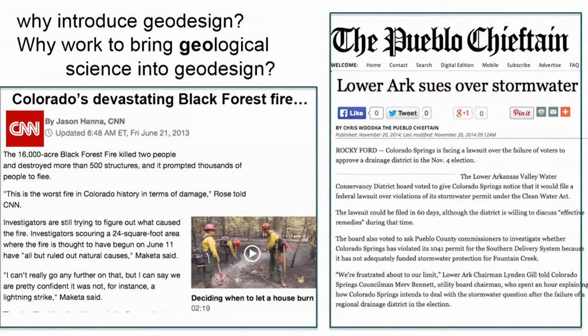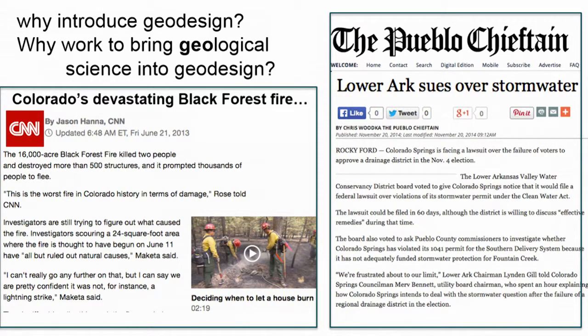And in Colorado Springs and the Colorado Front Range, they've come to something of a crisis point. There have been devastating fires in our region recently. Stormwater management is an enormous problem because of the sediment transport arising from areas that have been deforested by fire. Our city of Colorado Springs is faced with a very large lawsuit as the consequence of an outcome of an election, a midterm ballot initiative that was turned down by the Colorado Springs City last year.